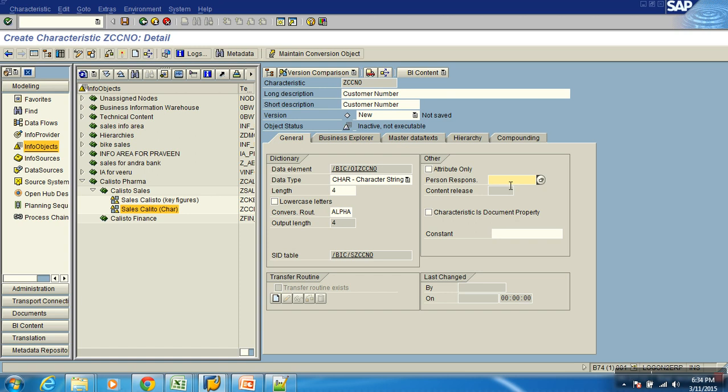Yeah? And this is nothing but the person responsible who created this. Again, normally you'll have this property field for the business content objects which are delivered by SAP as SAP. That is, standard objects given by SAP. And then there's the property content release. Just as we have different versions in BW like 3.1, 3.5, 7.0, 7.3, 7.4, we'll also have different releases in the business content. So now when you see a certain business content object, you will be able to see which content release it belongs to. Okay. And we'll get to this.